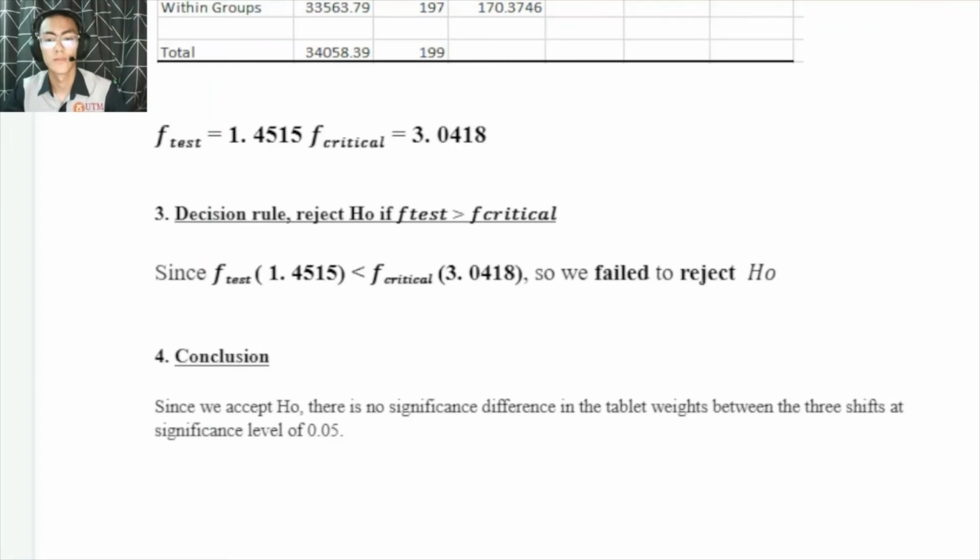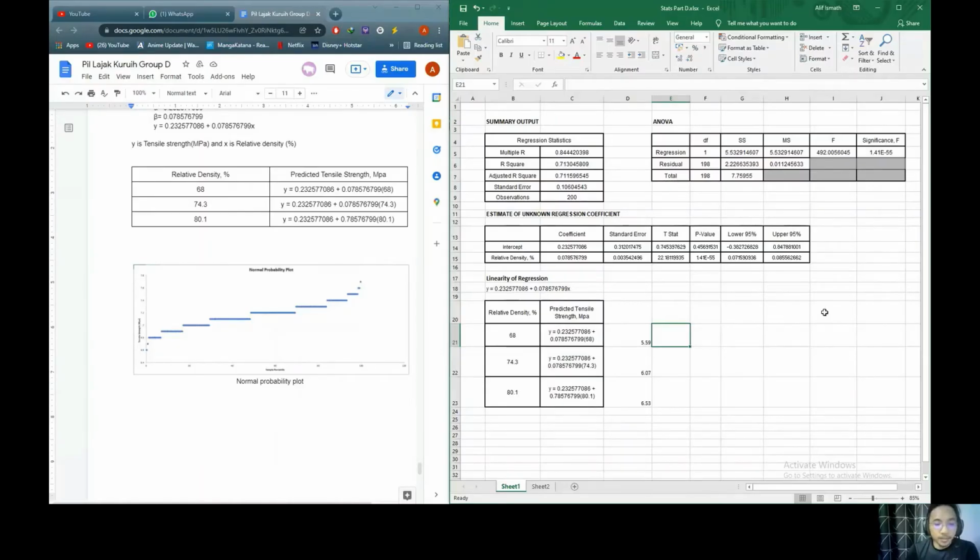Thank you very much. Hi, my name is Muhammad Alif and I will continue the presentation to explain part D. For question D, we will discuss the tablet hardness that can be explained by two variables: relative density and tensile strength. Relative density is the independent variable, while tensile strength is the dependent variable. We get this result, and